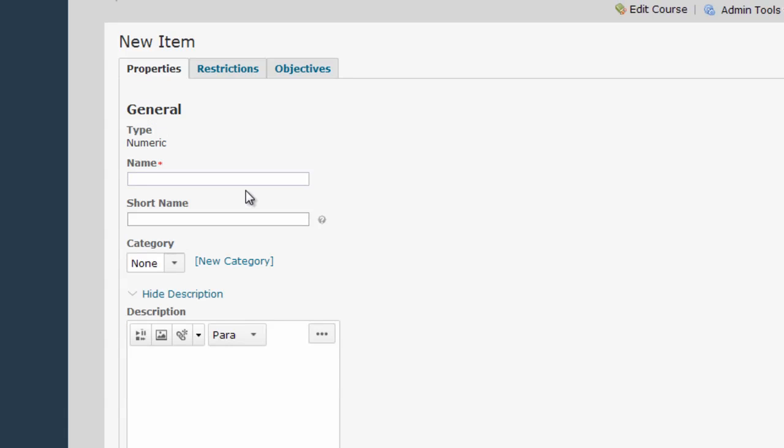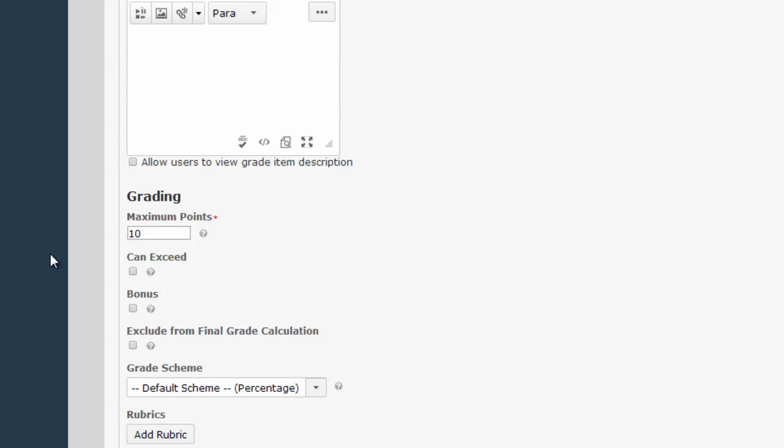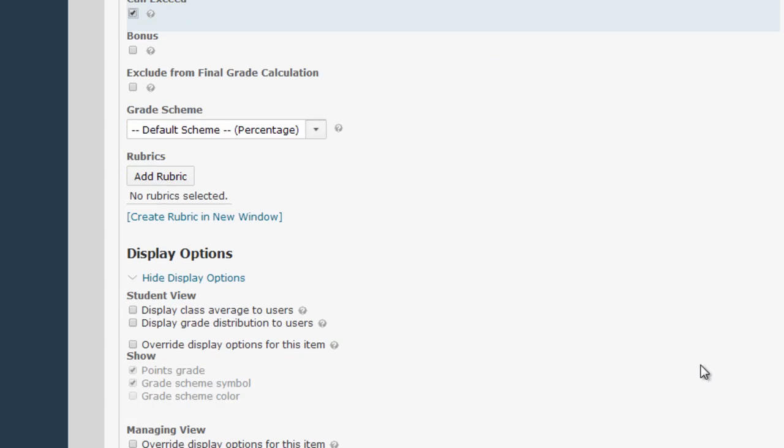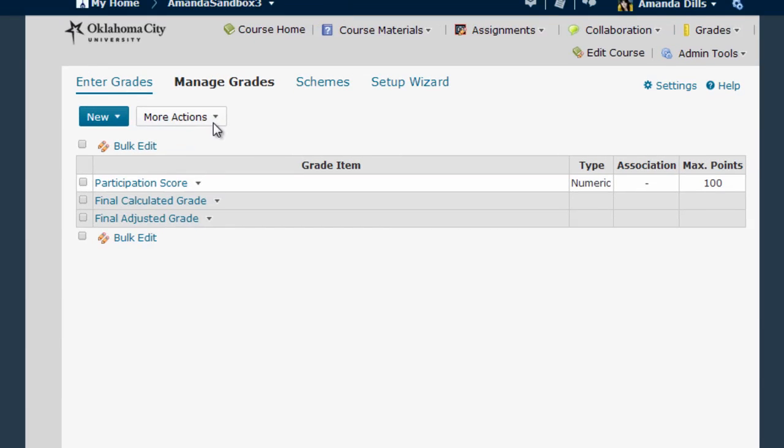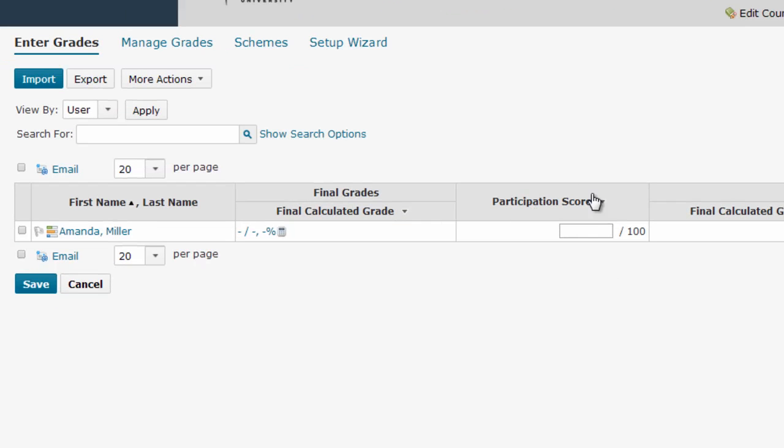Then I have to give my column a name. In this case, I'm just going to call it participation score. And for the demo, I'll leave most of these options as default, but I do need to make sure that the maximum points possible for this column is what I want. In this case, I'm going to switch it to 100. And if I plan to ever award more points than the maximum I put in, I'll need to click this Can Exceed box. Then I'll click Save and Close